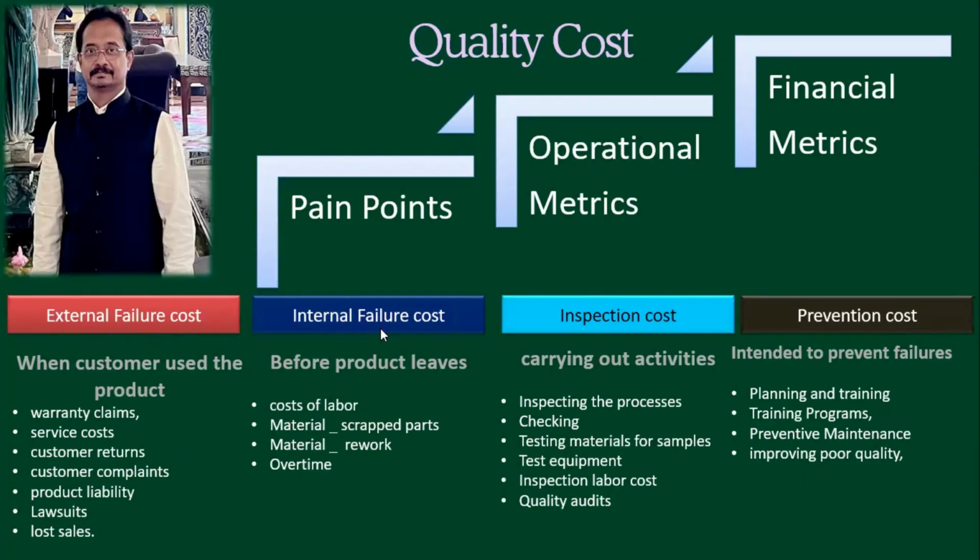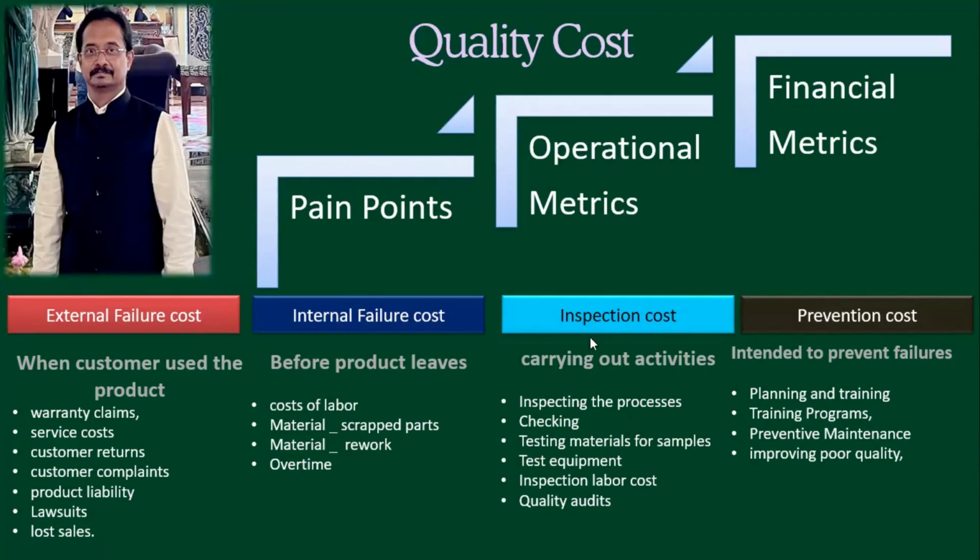What is your internal failure cost? See, for example, I'm doing a charge entry, right? For that, I have to put in my labor cost. And second, when I prepare that charge entry, my quality team comes and says it's a total waste, it is not going to pass. And apart from the quality team, if it is rejected when I send it through my clearing house, that is my internal failure, right? I have to rework again, put extra people to work on it, redo the same exercise and then send it.